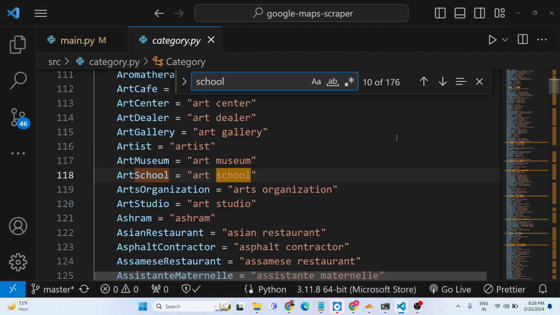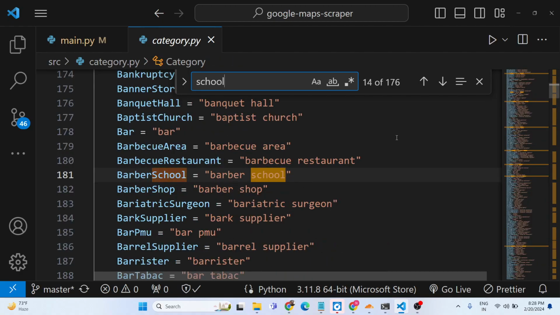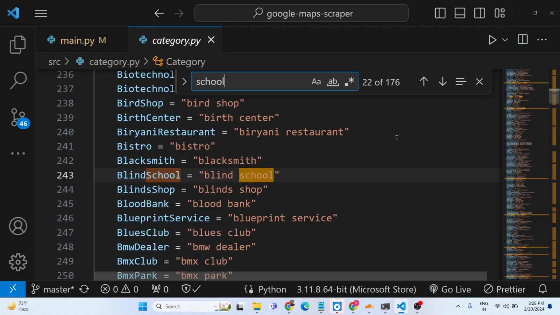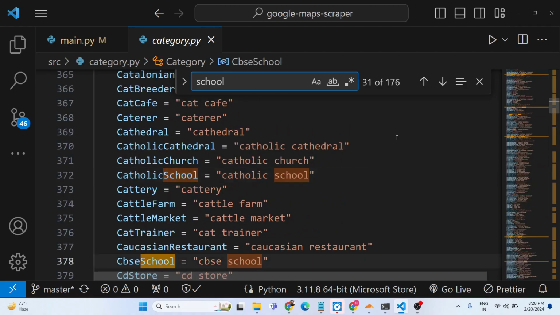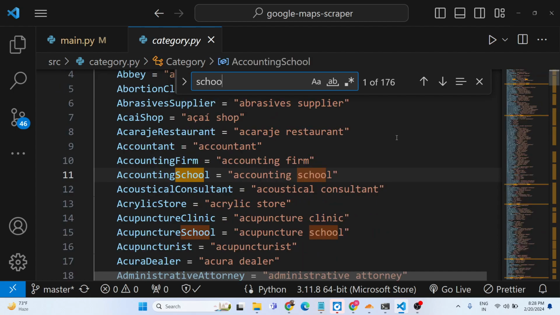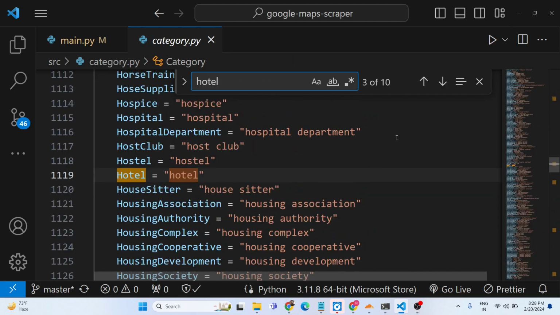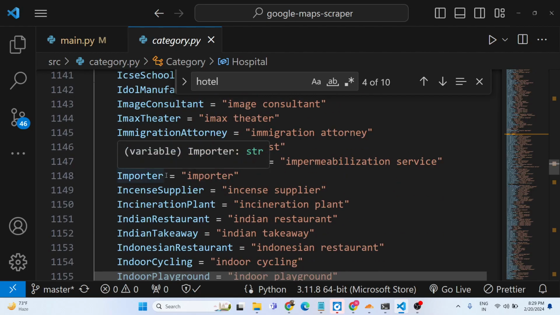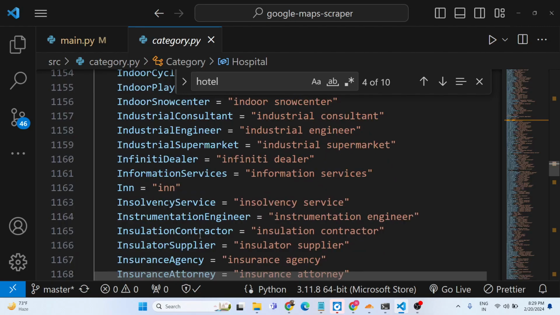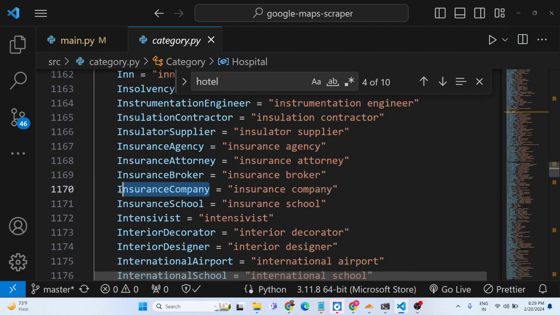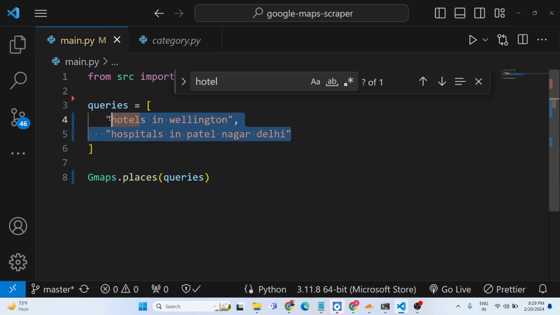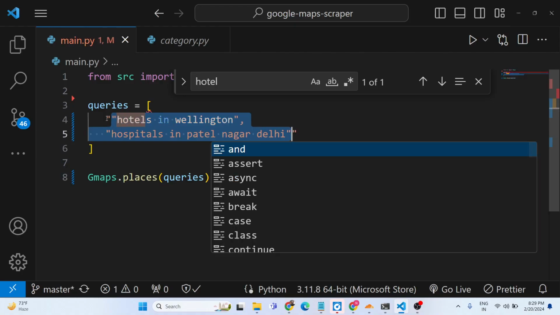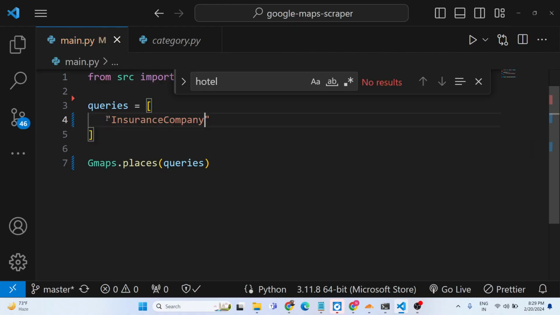You will see art school, ballet school, barber school. You will see lots of school types: business school, Catholic school, CBSE, charter school. Let's suppose I type here hotel. You can see hostel, host club, hospital department, hospital. You can see all these types are present, and so insurance company. So if I just copy this and delete this and just type insurance company in